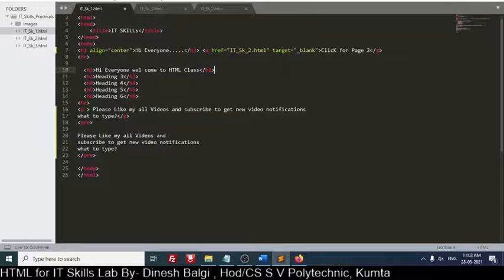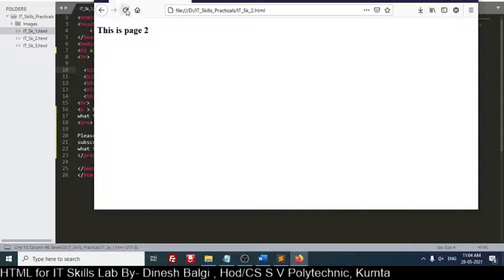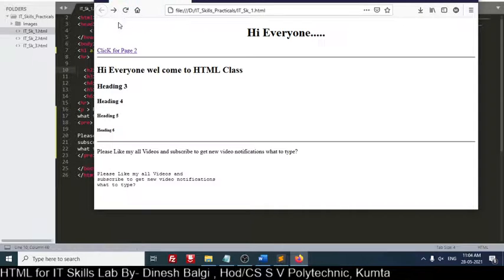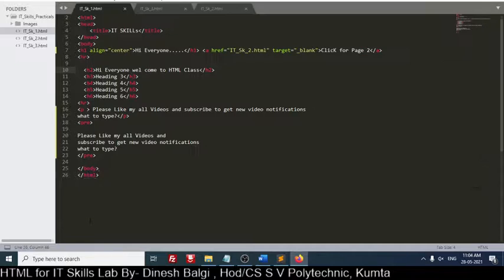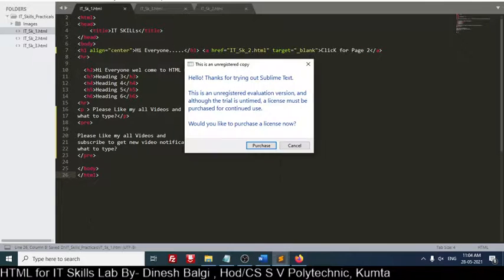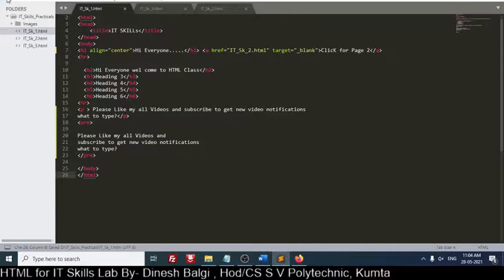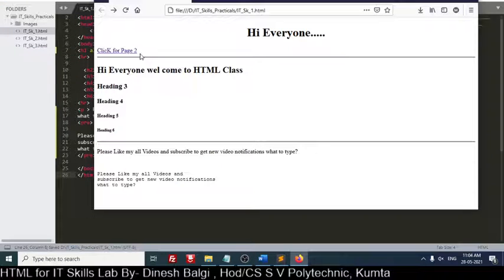We'll just try that. Just save the file, then I will refresh it.